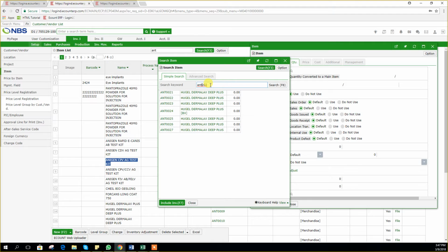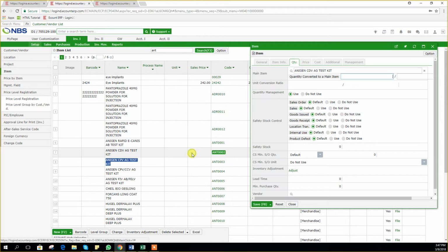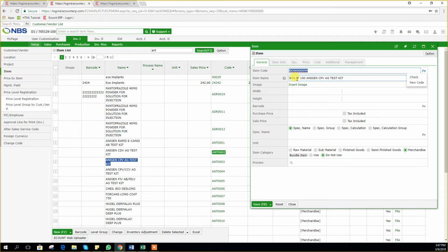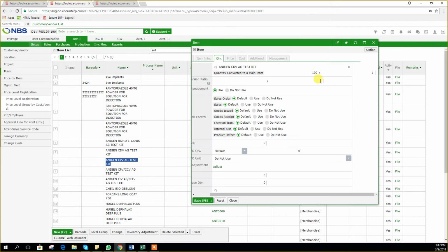Okay, so the main item is antigen CDV, box of 100. I need to tell the system I have 100 inside one box,